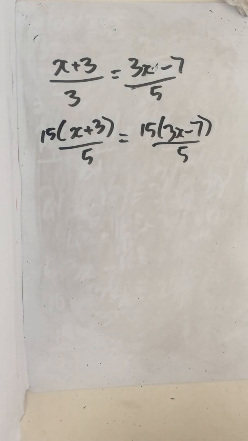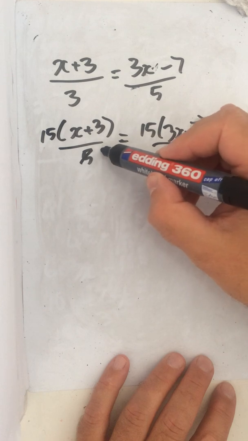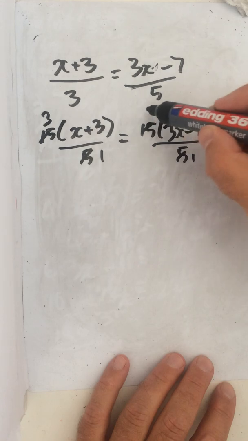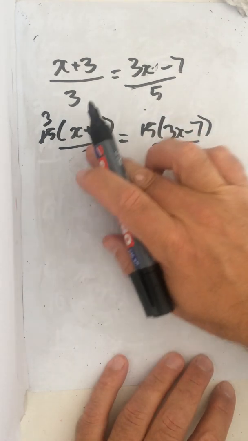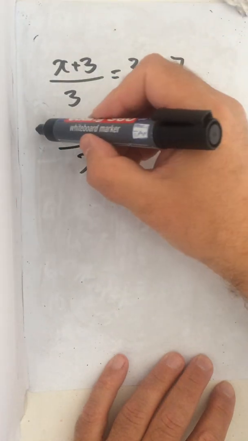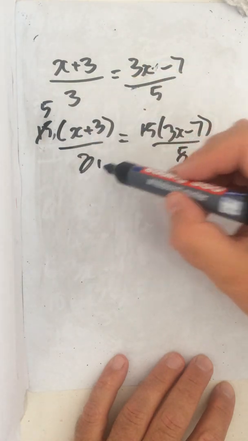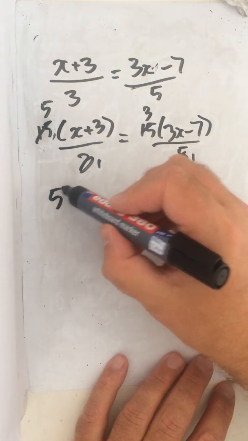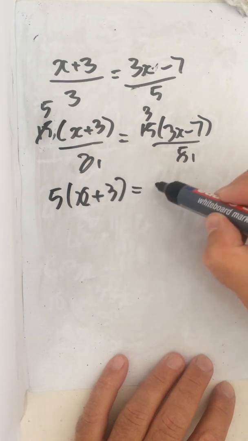Okay, that's our first step done. Then we're going to simplify along here. 5 goes into 15 three times, and there should have been a 3 there. Apologies, it's been a long day. So how many 3's in 15? 5, so that would be 1, and that would be the 3. So we're left with 5 outside the bracket: x plus 3 is equal to